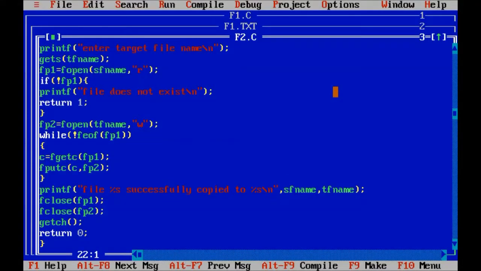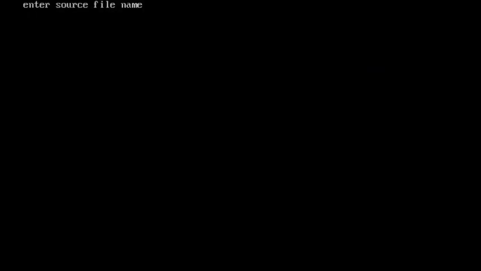I'll show you how to execute this program. Here it is asking me to enter the source file name. I have already shown you in the previous programs that I have written many programs on strings, so I am just giving the name of my file, str1.c.